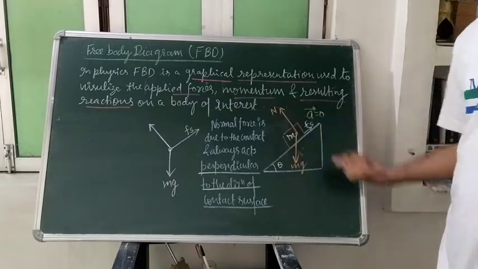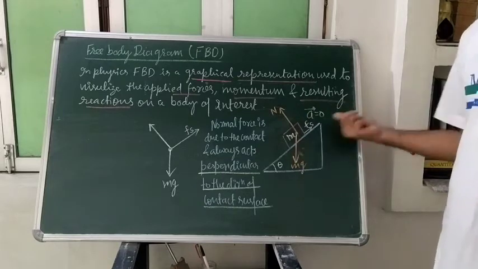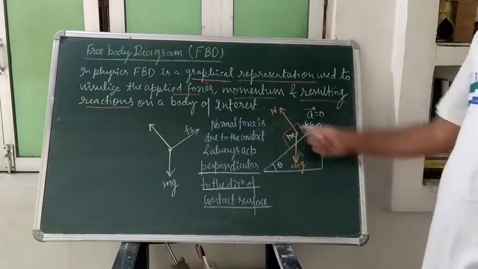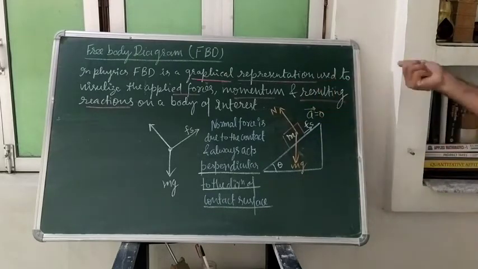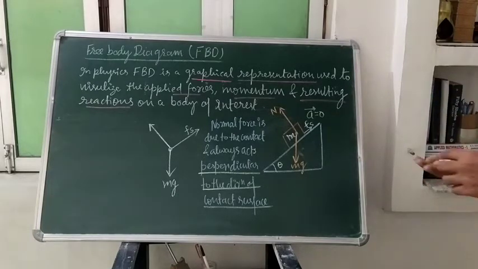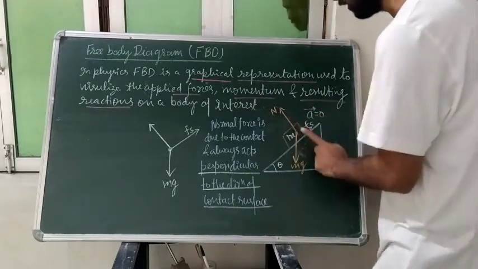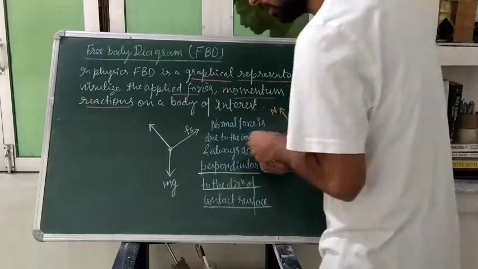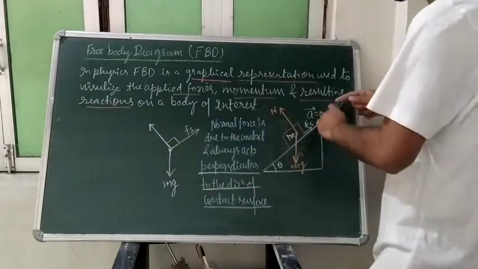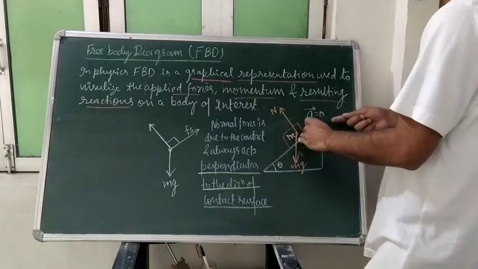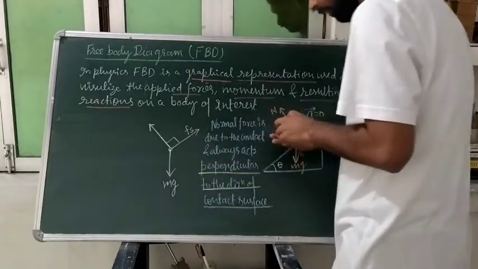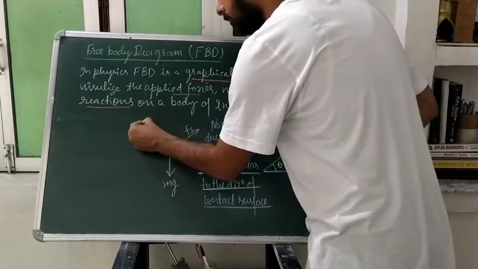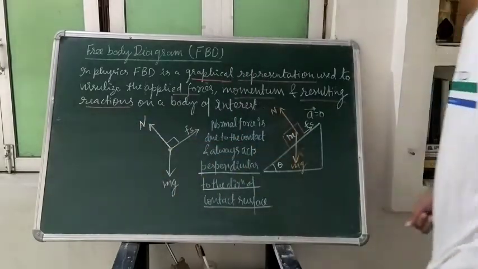Wait, normal reaction I have told you will be perpendicular to the contact surface, and it will be due to the contact present between the bodies. And friction force, if you are assuming it, will act on it. Okay, getting it, students? And of course, this is F of S and this is normal, so they will be perpendicular to each other, isn't it? Normal is perpendicular to this inclined surface, and F of S is along the inclined surface, so they will be normal to each other. And I should write here, this will be our normal in this case. Getting it, students?